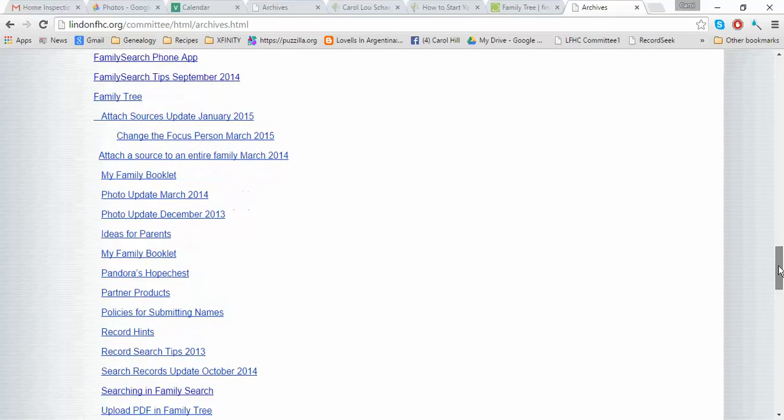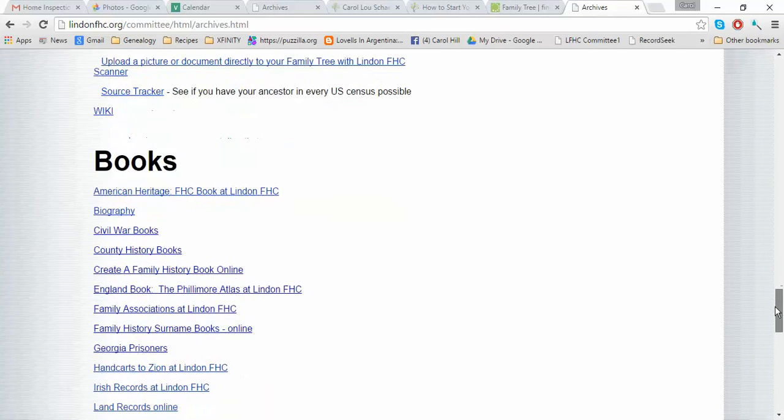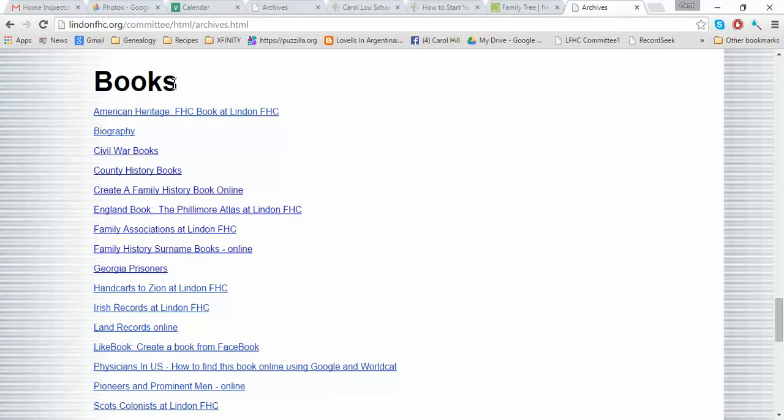So that's all about FamilySearch. If you have any questions on anything in there, you can look through that. And then the next section is on books. And when I first started, I was trying to go over some of the books in the